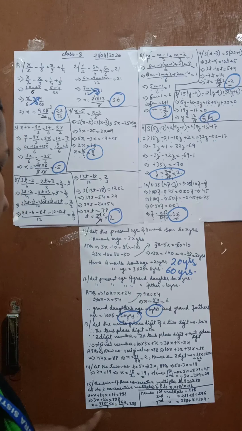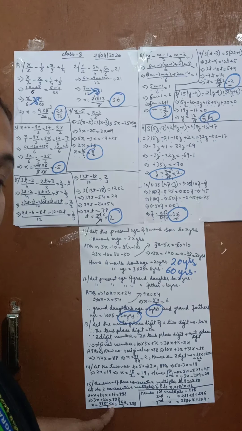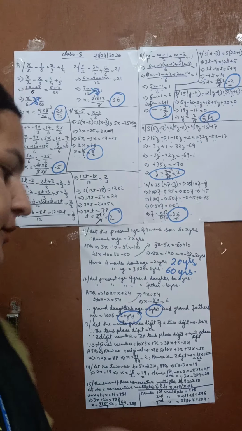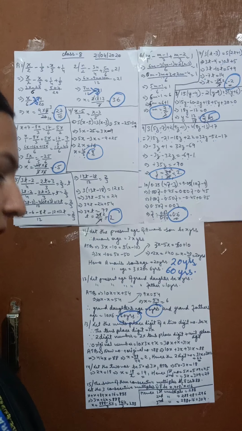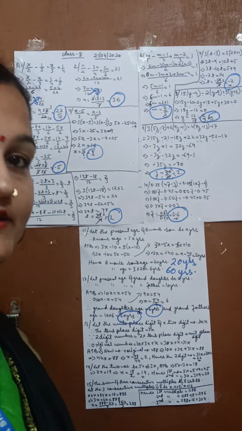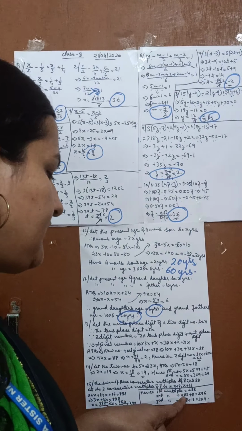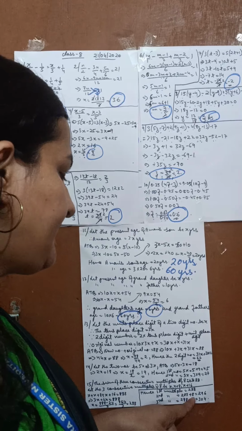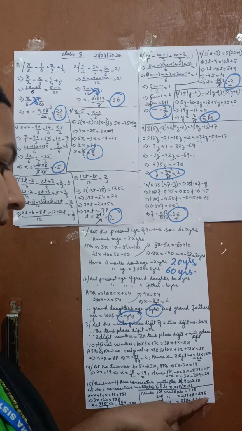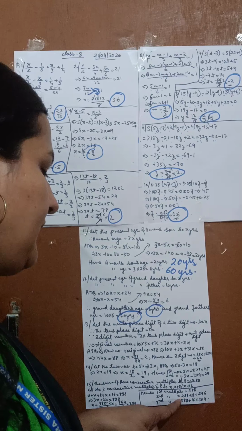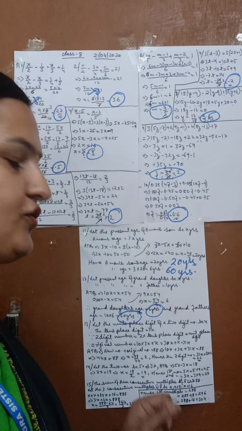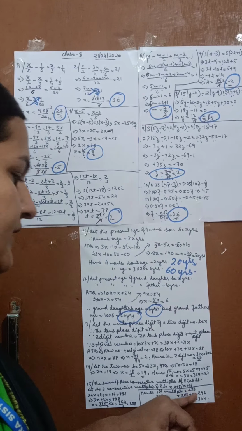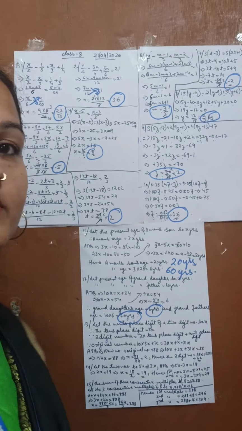So x is equal to 888 minus 24, divided by 3, that is equal to 864 by 3, which is equal to 288. So hence the first multiple will be 288, the second multiple will be 288 plus 8, that is 296, and the third multiple will be 288 plus 16, that is 304. So the first number is 288, the second number is 296, and the third number is 304.